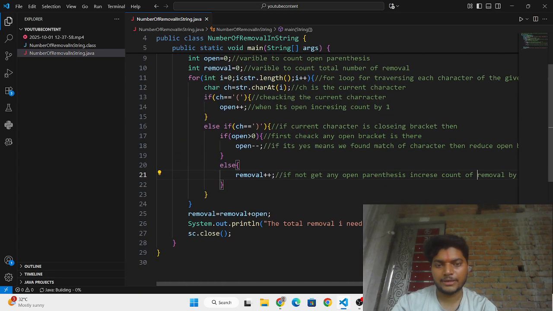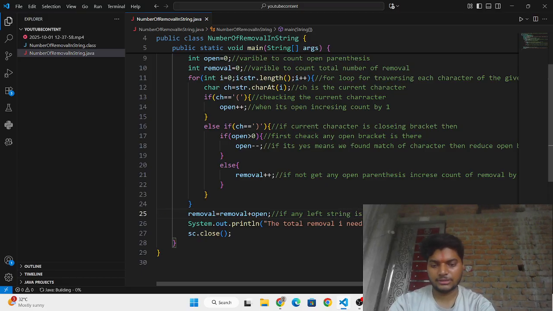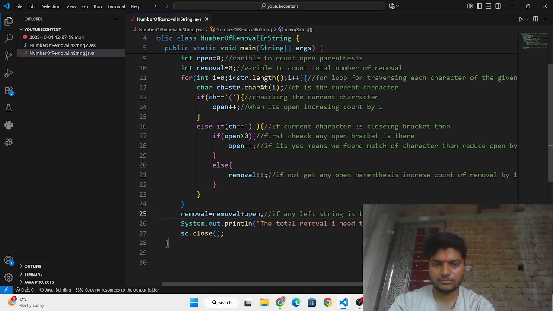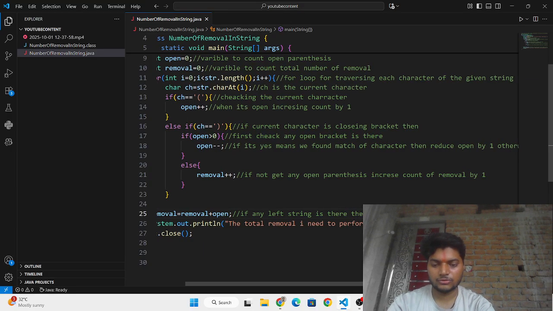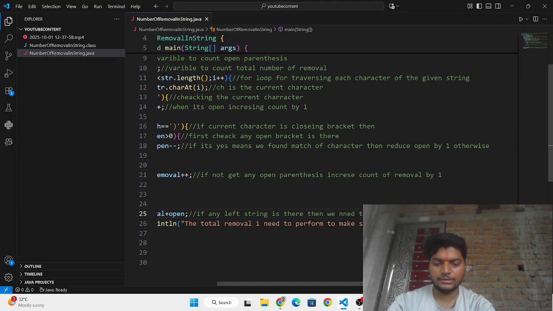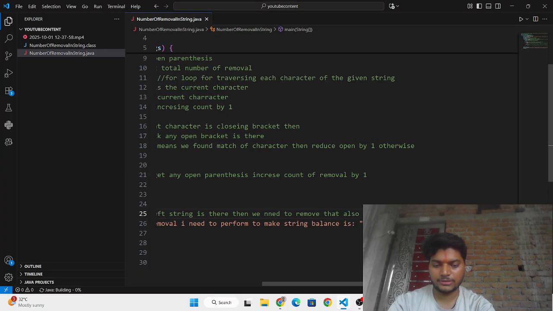Okay, and if any left string is there, then we need to remove that also, so we are adding open to the removal.